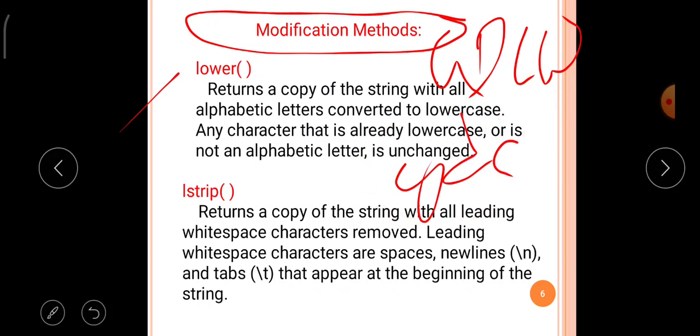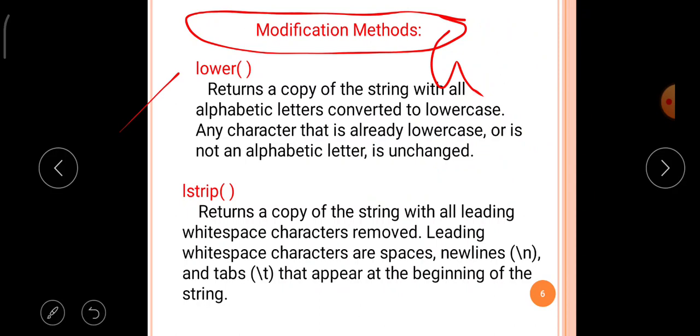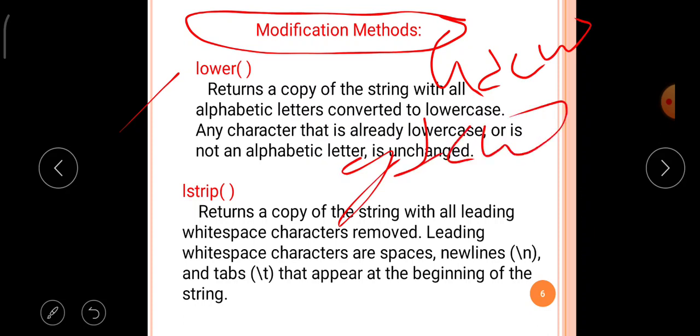If the string contains a combination of lower and upper case letters, the uppercase letters are converted into lowercase and the lowercase letters are kept as they are. So in this example also, gdcw is printed on your screen.